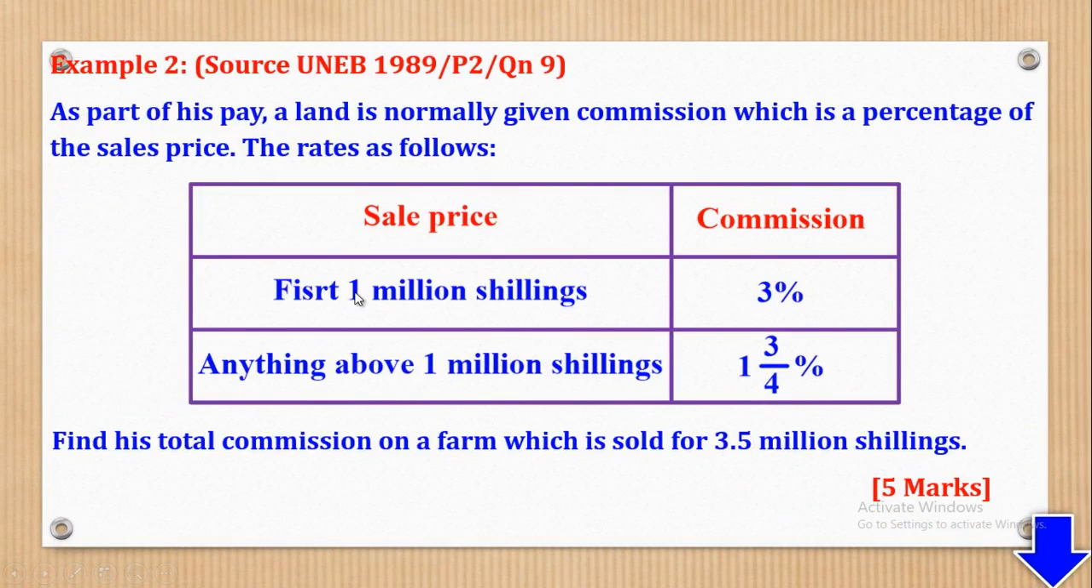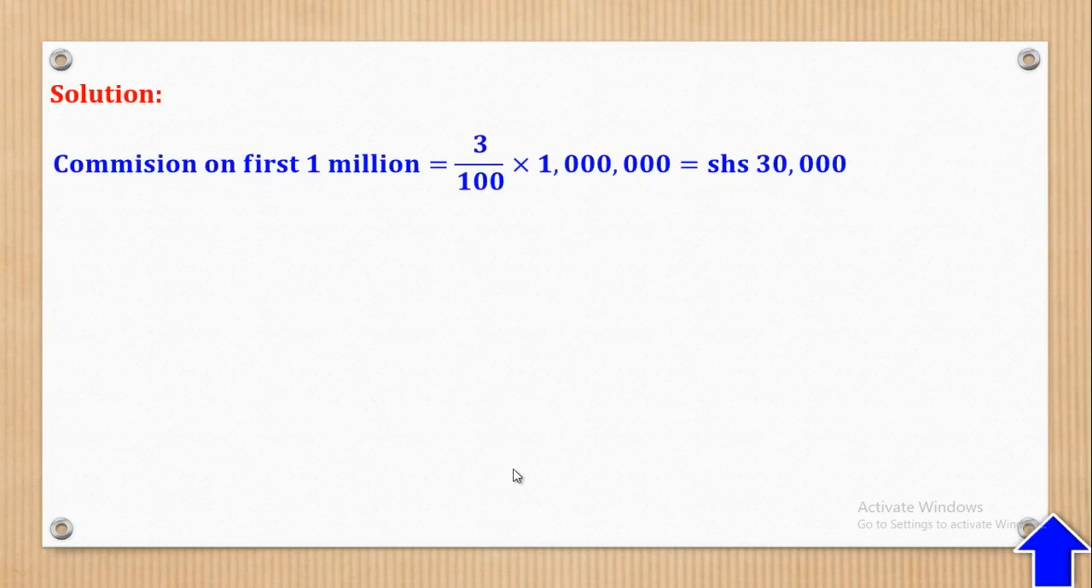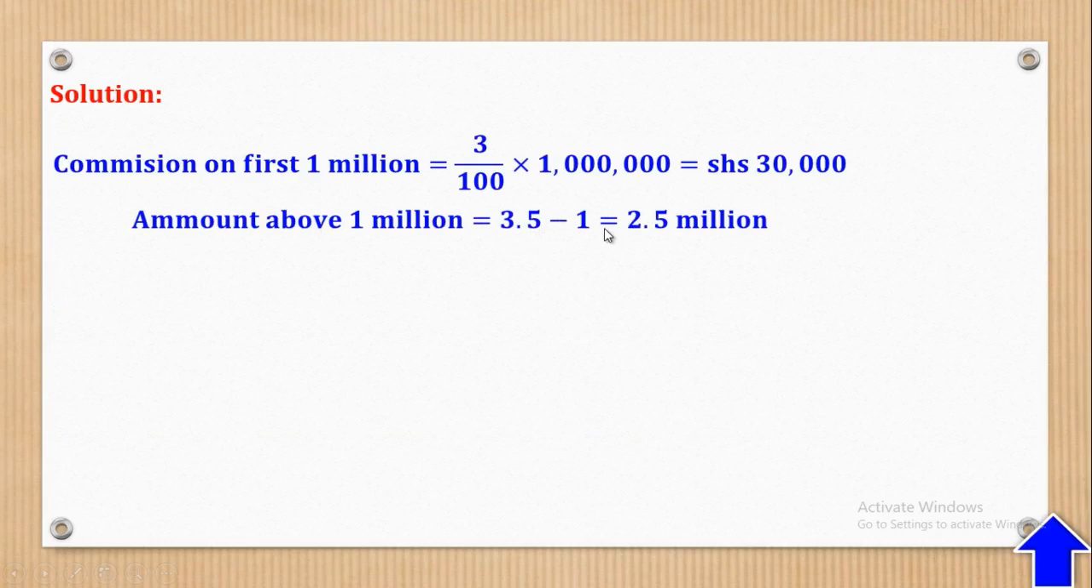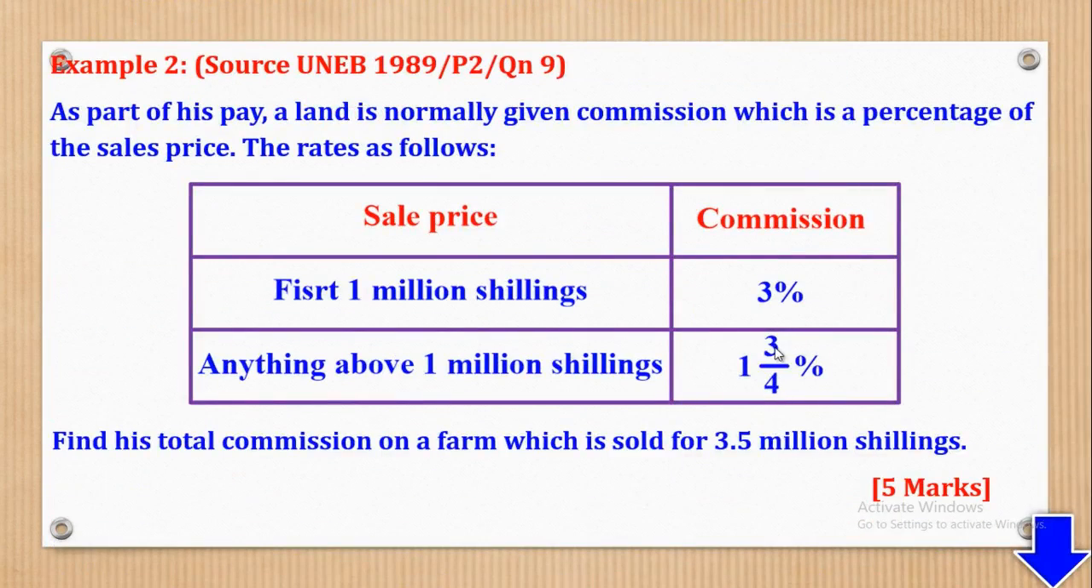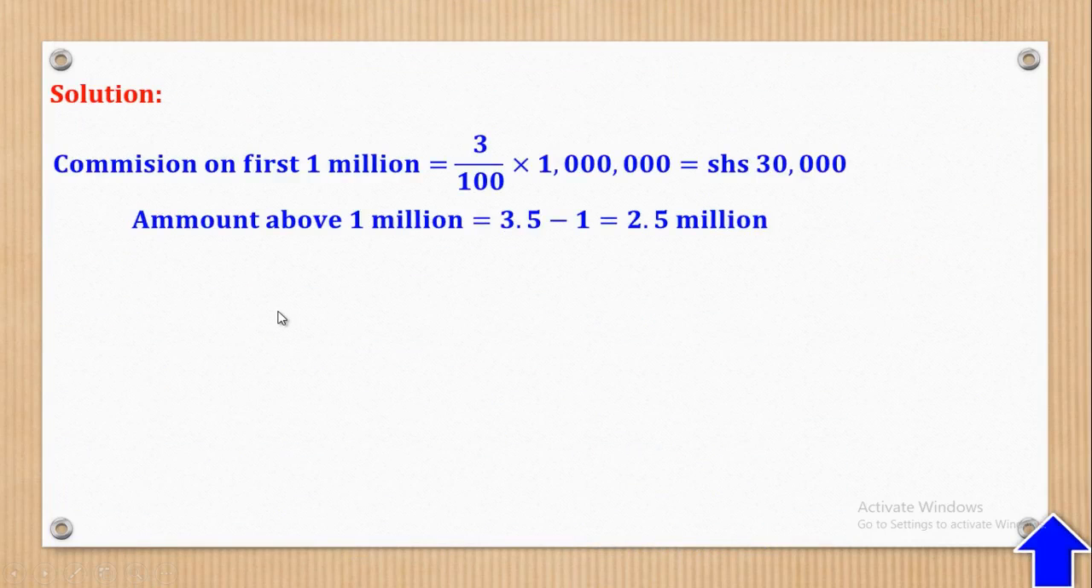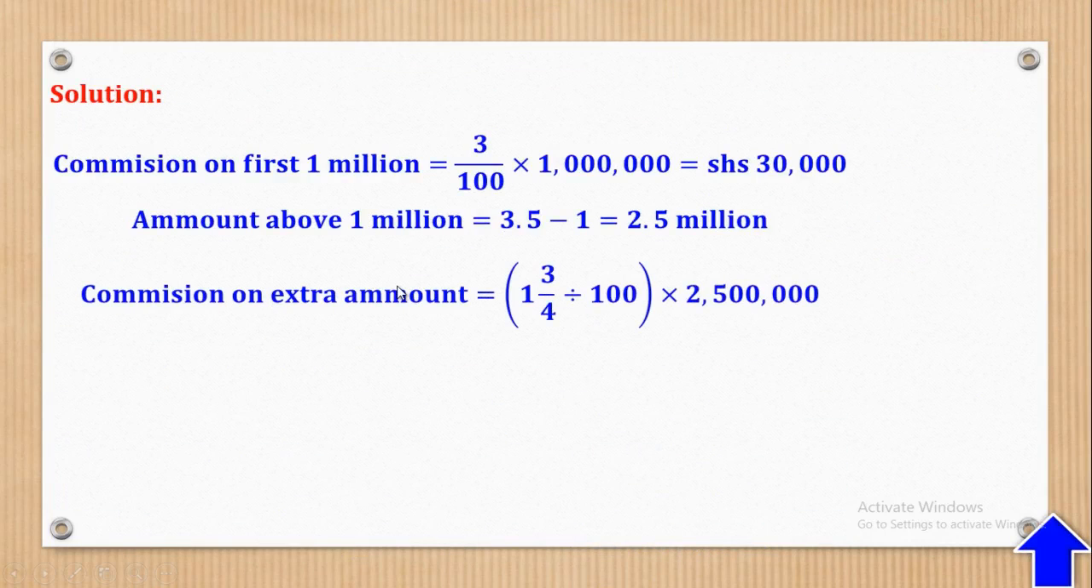Then they told us that 1 3/4% of the excess, so that means that 3.5 minus 1 million, what remains will be the one which will have a commission of 1 3/4. So what we are going to do, we are going to first get the excess amount. So the amount above 1 million will be 3.5 minus 1 to come up with 2.5. So that means that on 2.5, there is a commission of 1 3/4. So we shall come here and say that the commission for the extra amount will be, remember, percentage means divide by 100, so 1 3/4 divided by 100, that will be the percentage, multiplied by the 2.5 million,